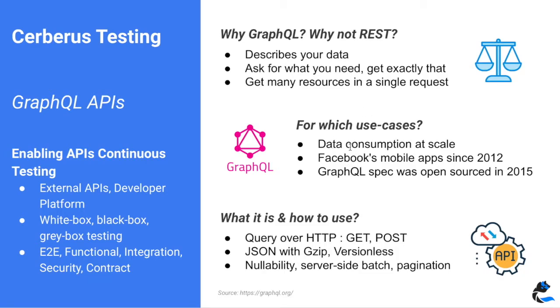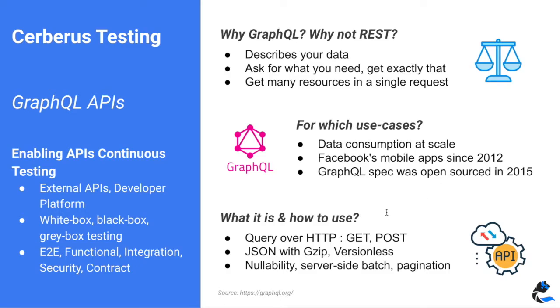And why and when would you use GraphQL? It's usually linked to data consumption at scale, when you are building a rich user interface and you don't want to interact so much with a majority of backend services and teams. GraphQL can give you a lot of flexibility with that. And as the spec has been open source since 2015, this is where we start to see growing adoption in the last graph.